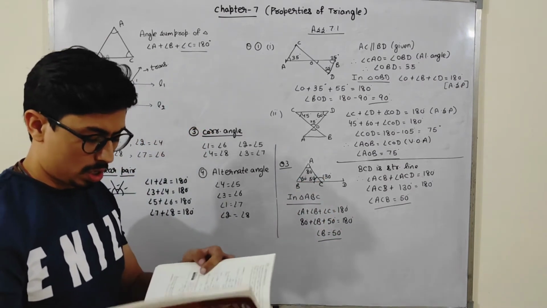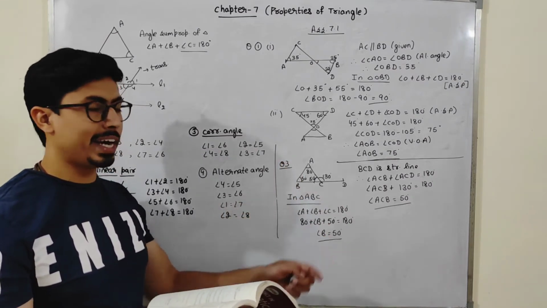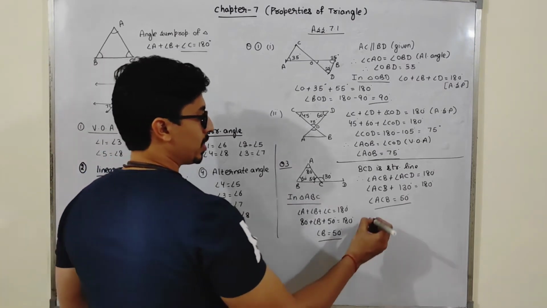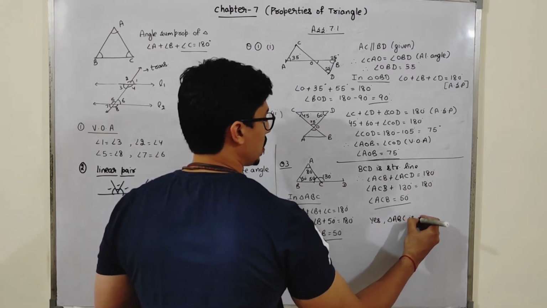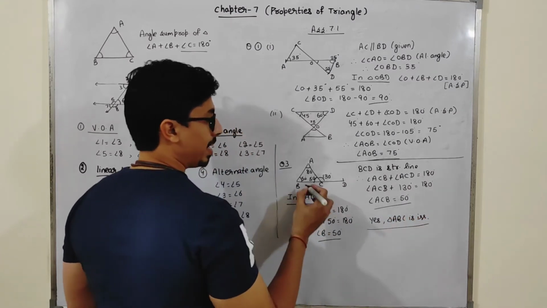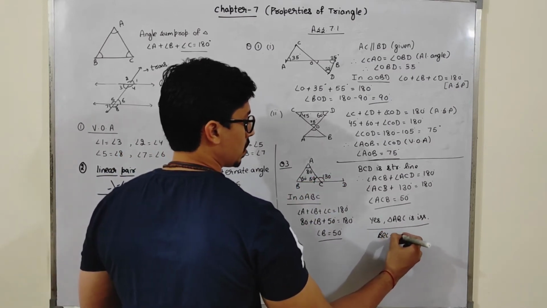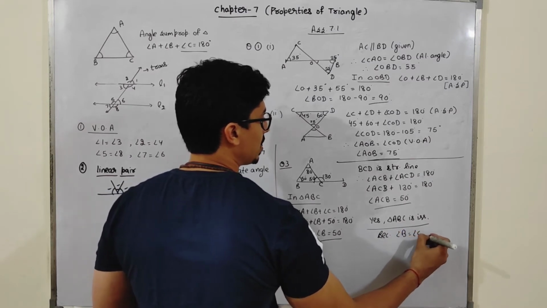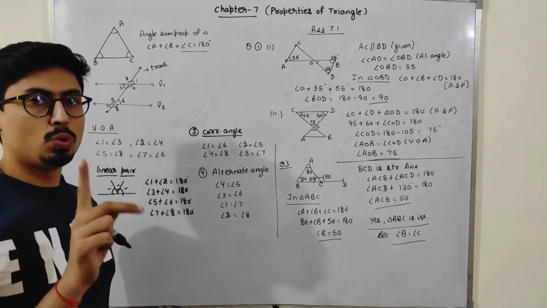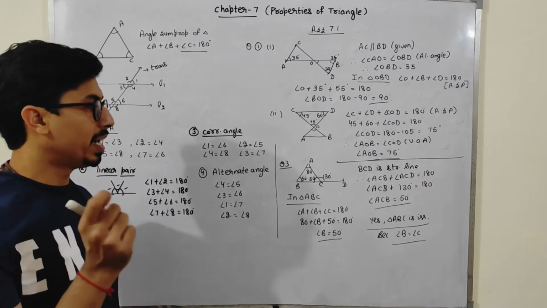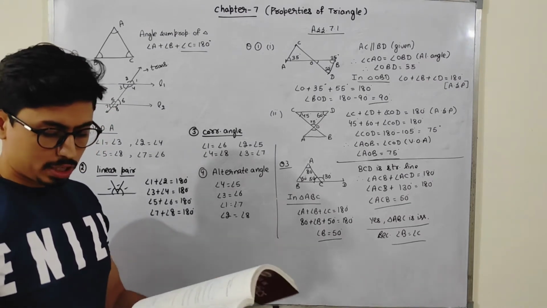Now students, what is the question? What is the remaining question? In triangle, is triangle ABC isosceles? Yes, students. Yes, triangle ABC is isosceles because in this two angles are same, because angle B is equal to angle C. If in any triangle, students, two angles are equal, so the two sides will also be equal. Okay, so that triangle is also called isosceles triangle. Okay, so this is our question number 3, students.